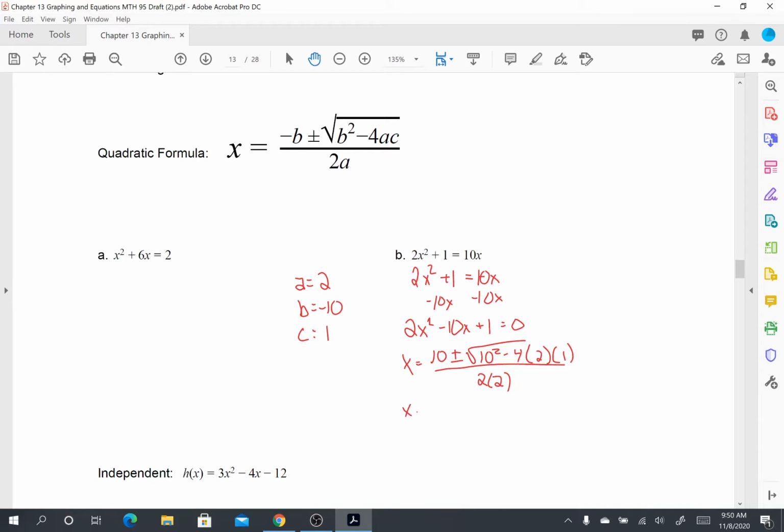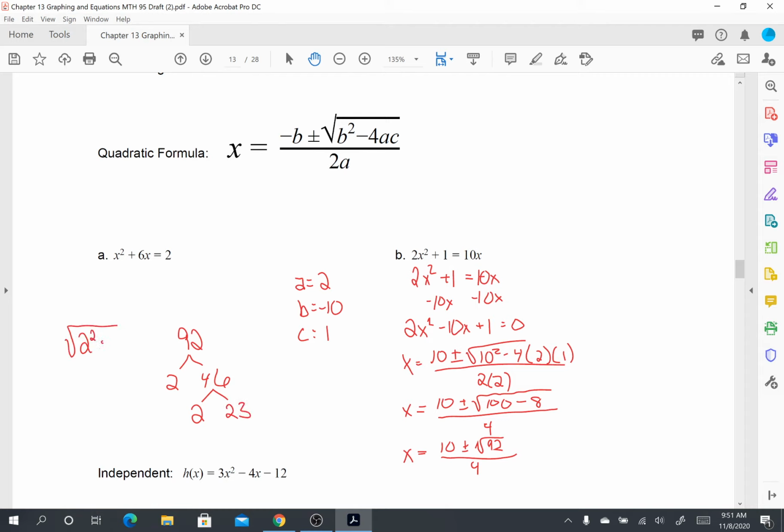So now we'll have x equals 10 plus or minus the square root of 100 minus 8, all over 4. And then 100 minus 8 is 92. So 10 plus or minus the square root of 92 over 4. Alright, so let's work on that 92. 92 has a 2 in it and a 46, and 46 has a 2 in it and a 23, and 23 is a prime. So two 2's and a 23,